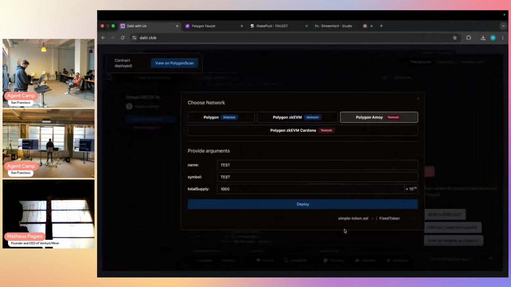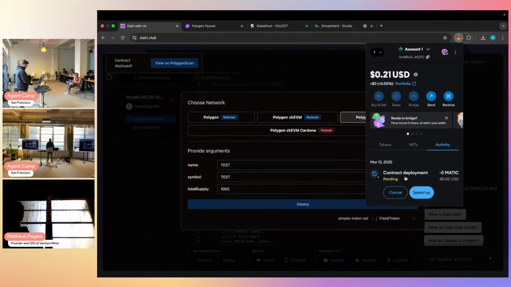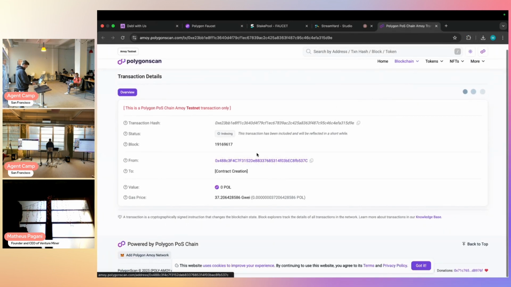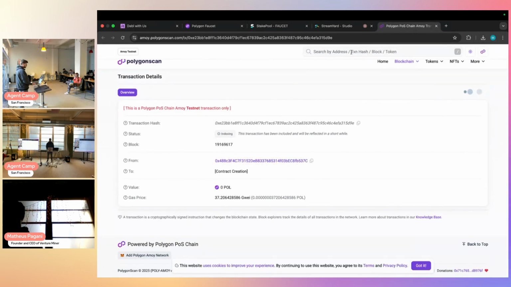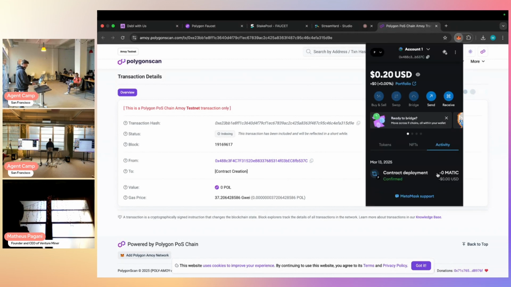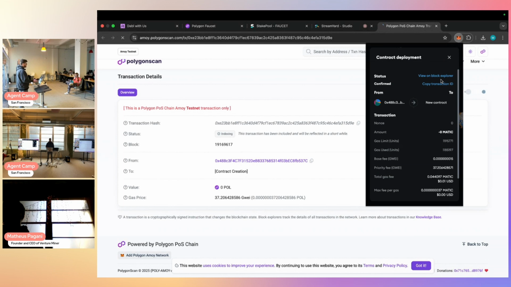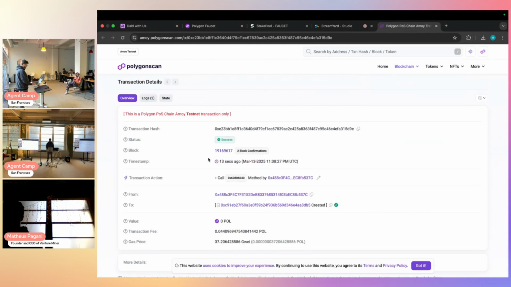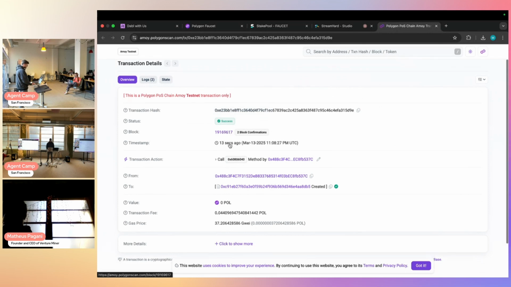We'll pay our small gas fee on Polygon, select confirm, and then we can follow along with our deployment in our wallet. So we can see that the contract deployment is now pending while it's getting on the network. And now I've opened up the block explorer from my MetaMask wallet. If you go into activity, select your deployment from that list of activities, you can click this here to view on block explorer. And we've got our handy message that our contract was deployed successfully on Polygon there in the block explorer.